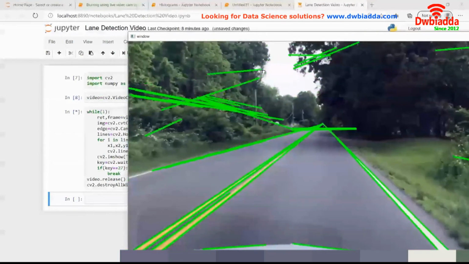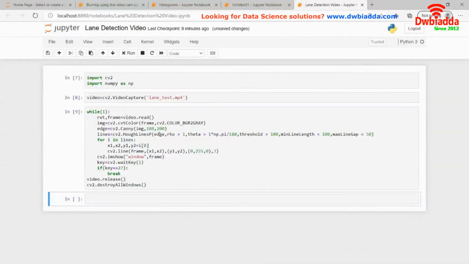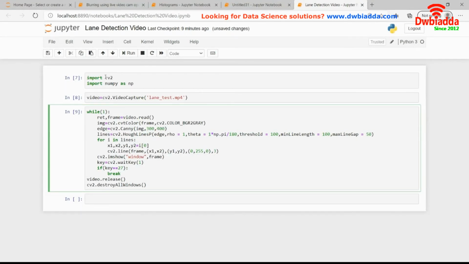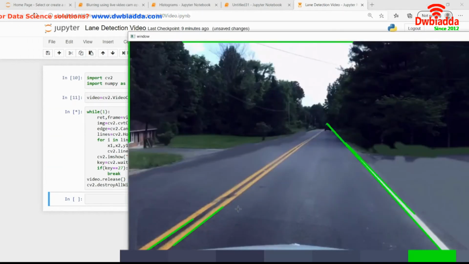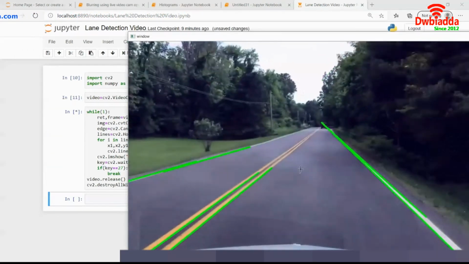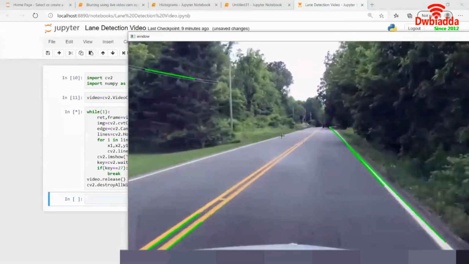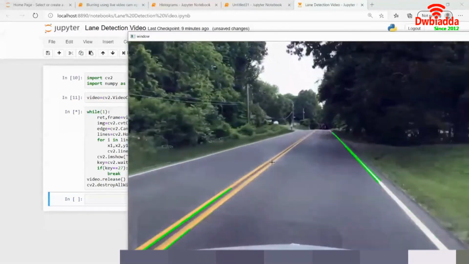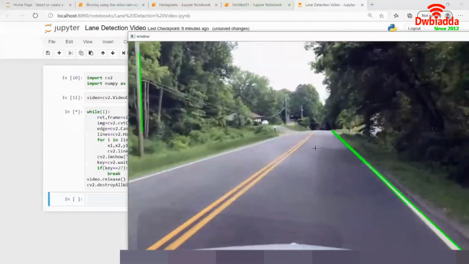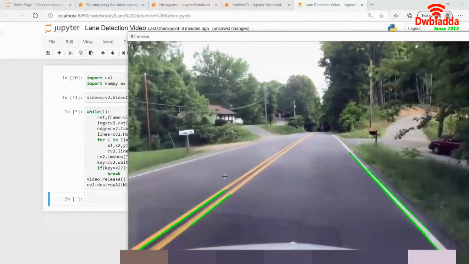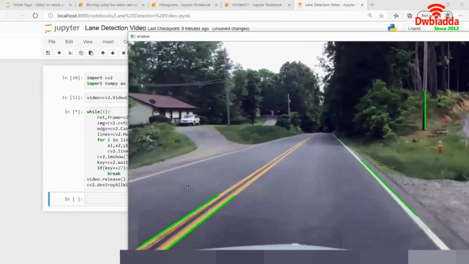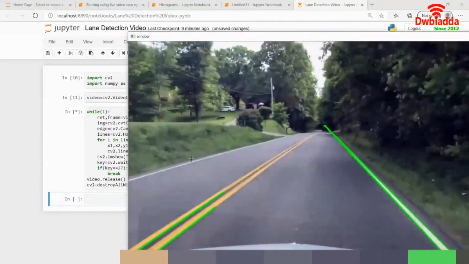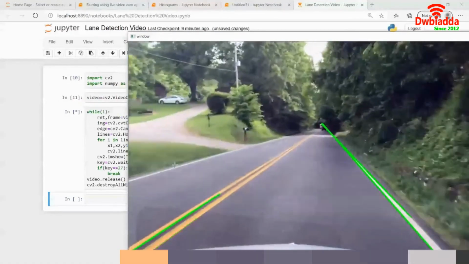Still not as good as we expected, but it's performing somewhat better, right? Maybe we can play with the values a little bit more. So let's say 300 comma 400. I'm just playing with the values. Now when I'm using 300 by 400, you see the noises are significantly reduced, but then it's not detecting the lines as well, because these are not detecting the edges. It's only detecting this line, but not this line and this line. It's actually detecting this line as well, but the sideways line is not getting detected.